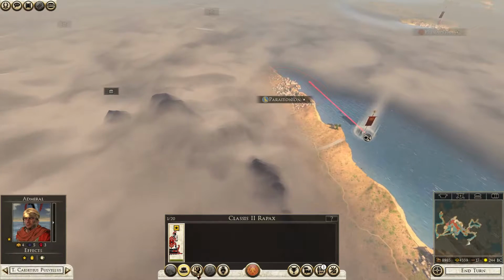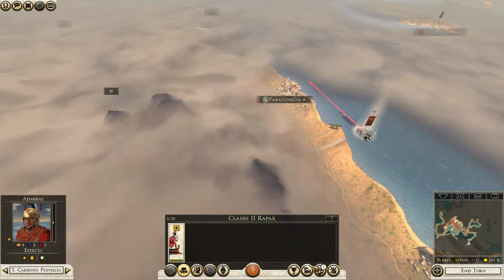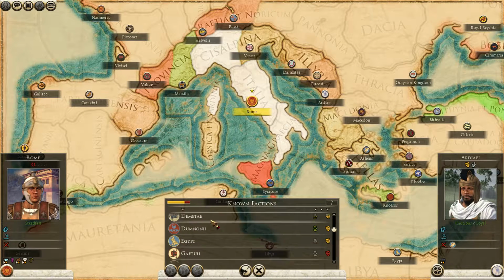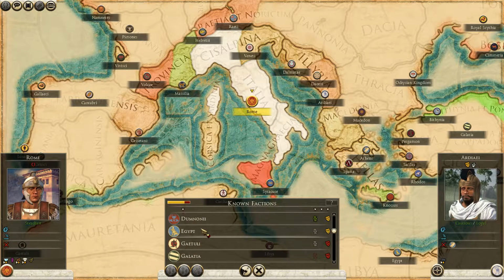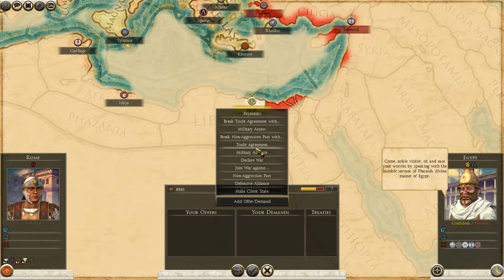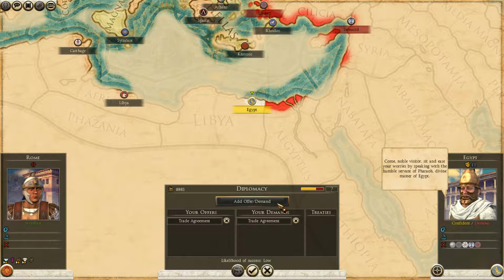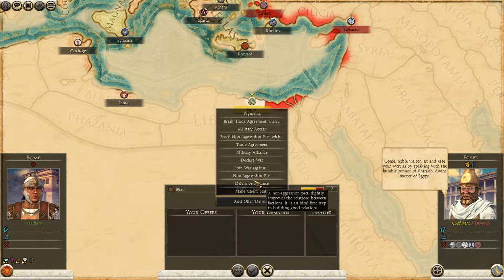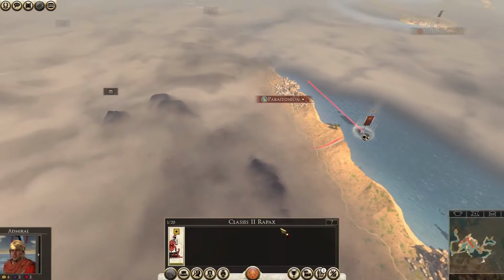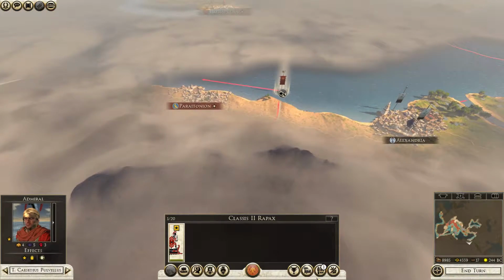Oh, Egypt does exist. I wonder if I can trade with Egypt. So instead, what if I declared war on you? So now then...